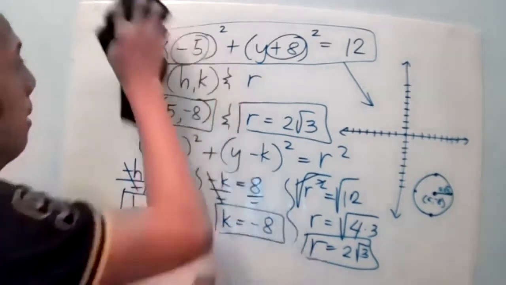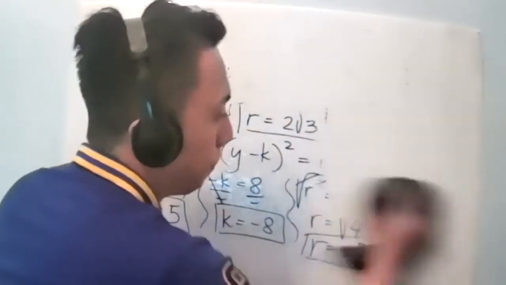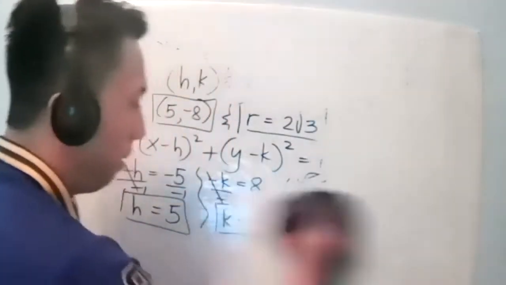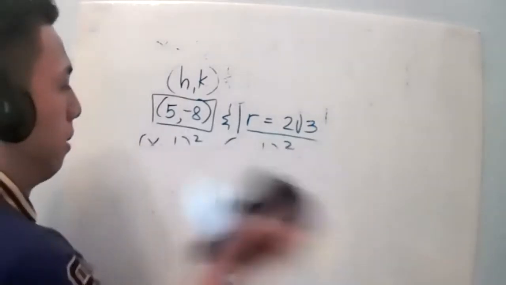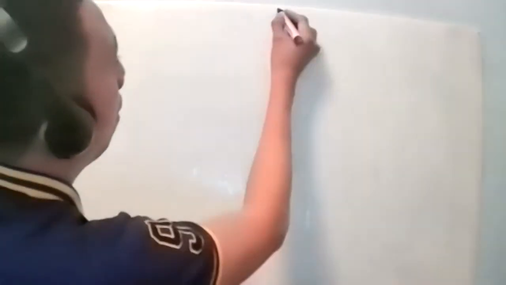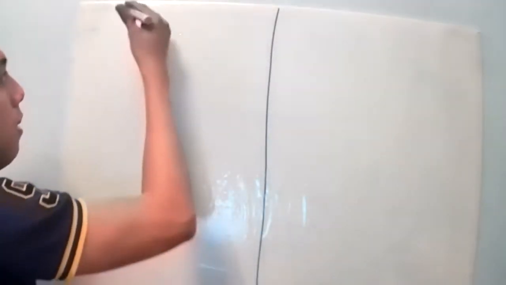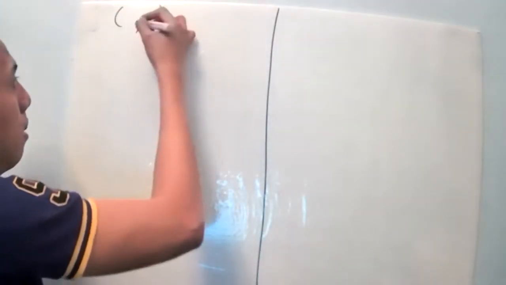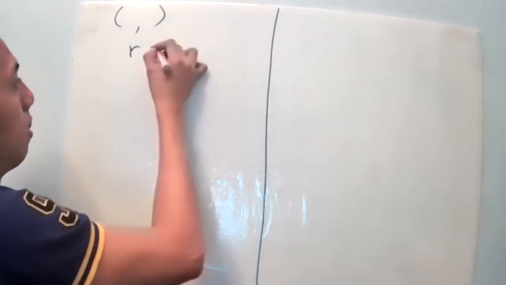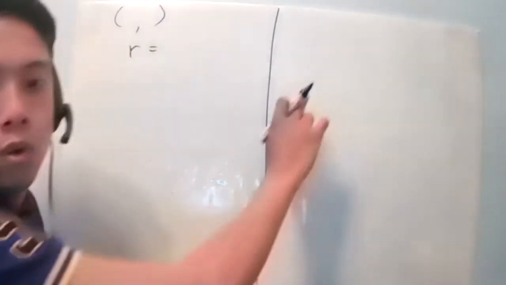Sige. Okay, I will divide this board into 2. Divide ko sa dalawa, ha? Here, the given is the center and the radius. Ito naman, ang given natin is yung